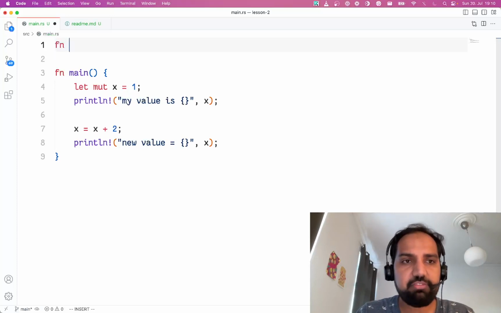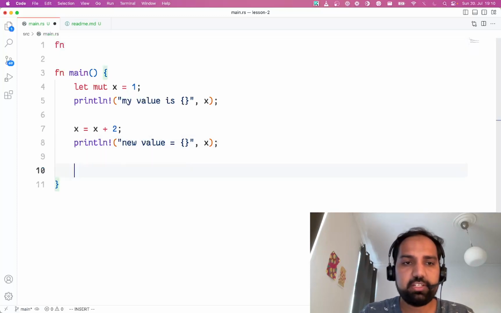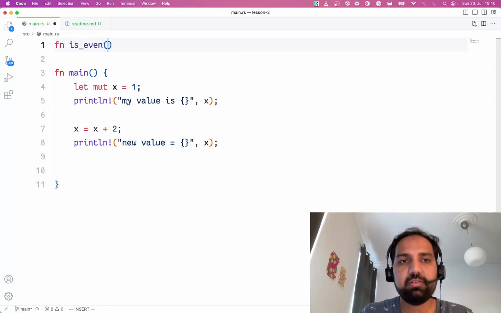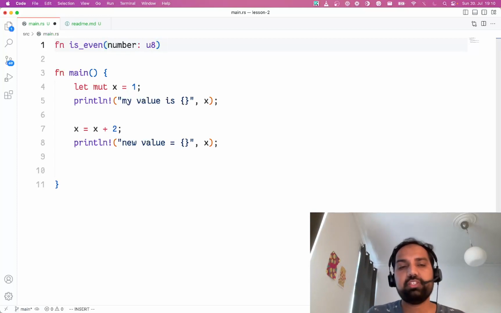So functions start with the fn keyword, and let's write a function that does something. I don't know. Let's write a function that tells whether a value is even or odd. So I can say fn is_even, and inside my brackets I can provide arguments, and my argument in this case will just be a number, and then I need to specify the type, colon, well, the type can be an 8-bit unsigned integer, which is u8, and is even or is odd. That sounds like a boolean, so our return value will be a boolean, arrow bool, and then we can start